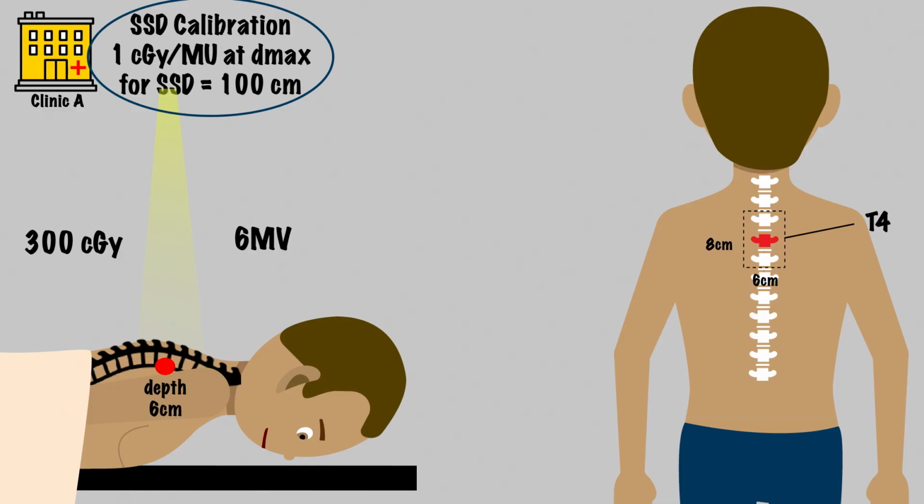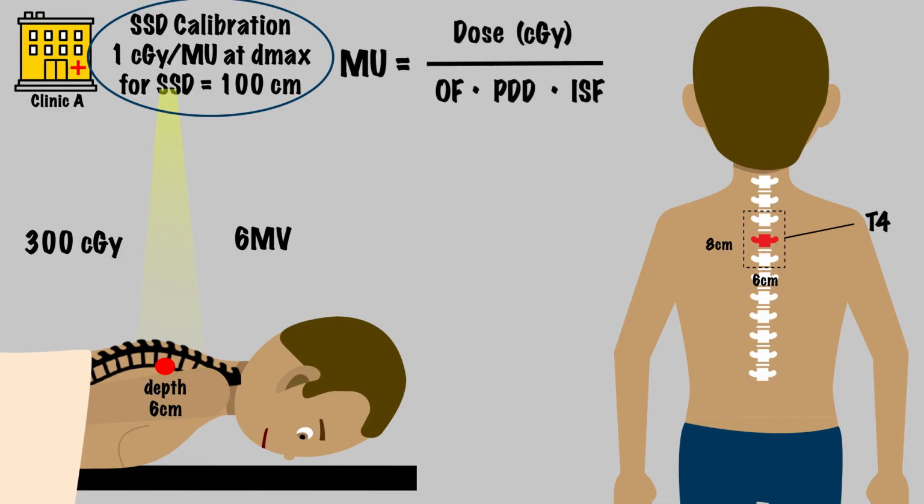centimeter SSD. This will make our monitor unit calculation easier since we are using an SSD setup and the inverse square factor will therefore equal 1. In this case, there's only one beam, so we put the total fractional dose of 300 centigray in the numerator. We'll use PDD here since this is an SSD setup. The PDD and output factor will be obtained using the clinic lookup tables once we have the equivalent square field